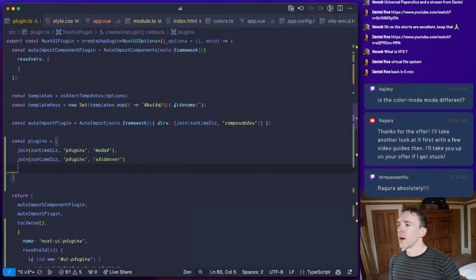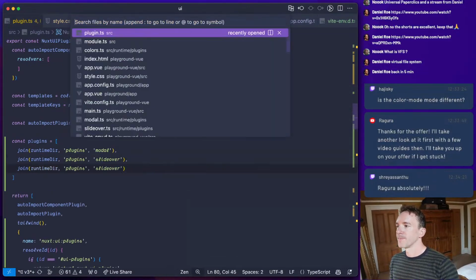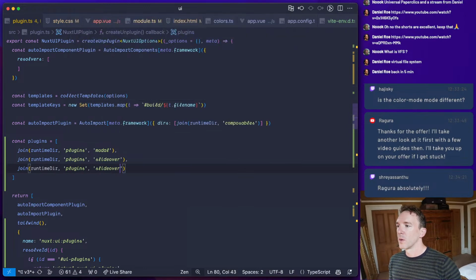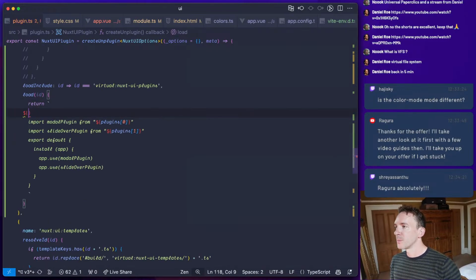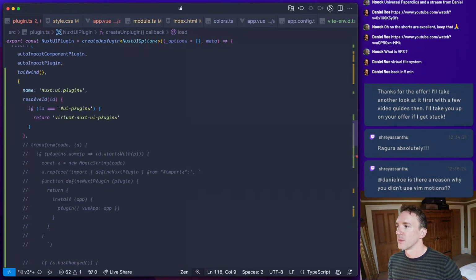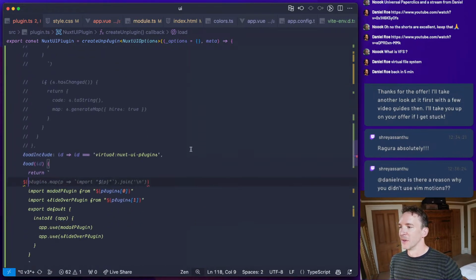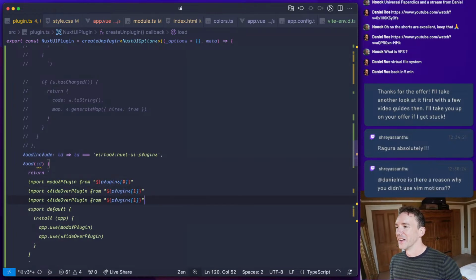Slide over, and then we now need to add our colors, which is obviously not going to work. Let's just make it more generic. No, let's not make it generic yet. Okay. Let's see, color mode plugin.